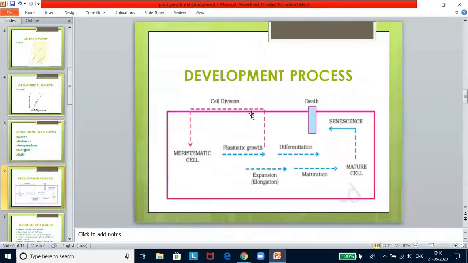Development is a term that includes all changes that an organism goes through during its life cycle from germination to senescence. A viable seed placed under suitable environmental conditions absorbs water through the micropyle, seed coats become soft and embryo cells become activated. Hormones and enzymes are formed by the RNA. The reserve food material is mobilized.